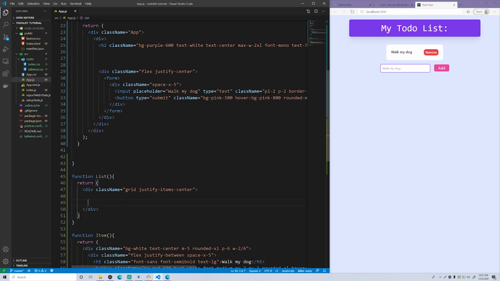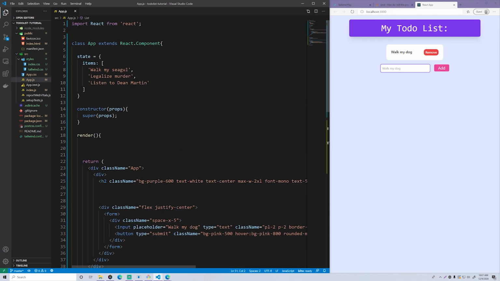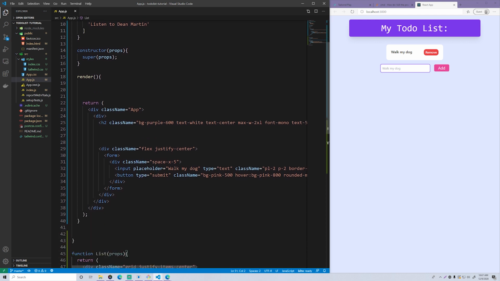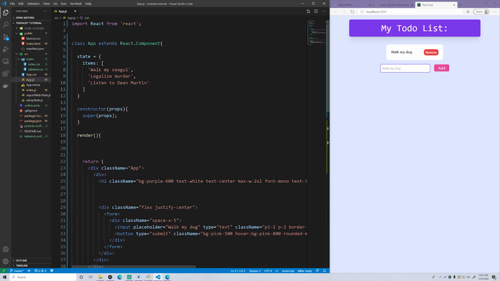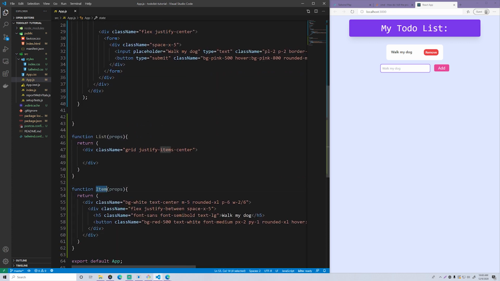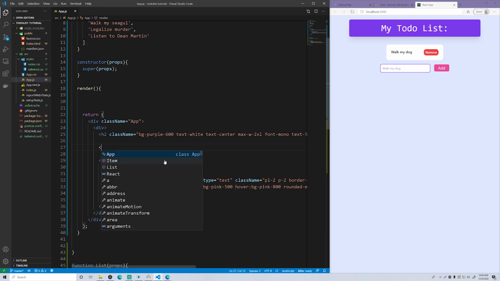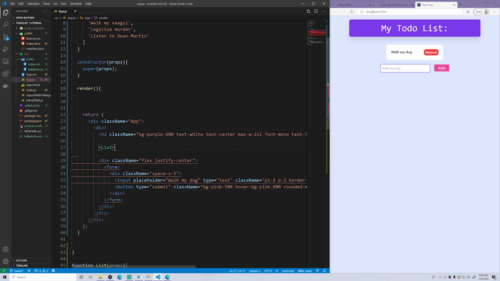Alright, cool. And let's have both of these components have props, so they'll accept props, so you can transfer data. And now, like I said before, we're going to take each of these strings here and turn them into an item. And then for each item, we want to put that into the list and render it to the screen, basically. Okay. So to do that, we're going to have a list right here.